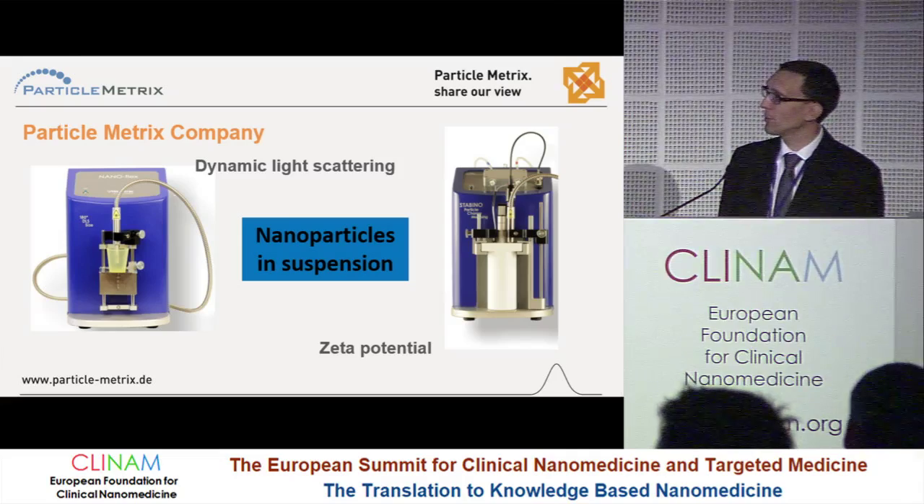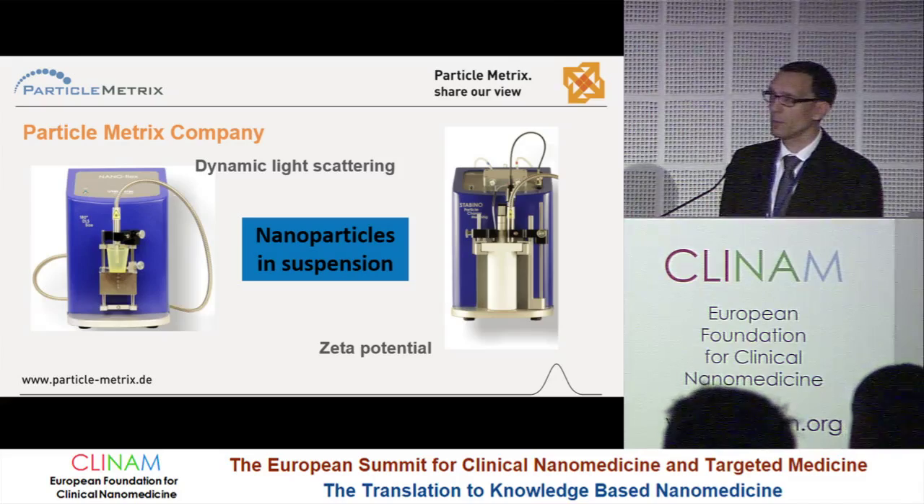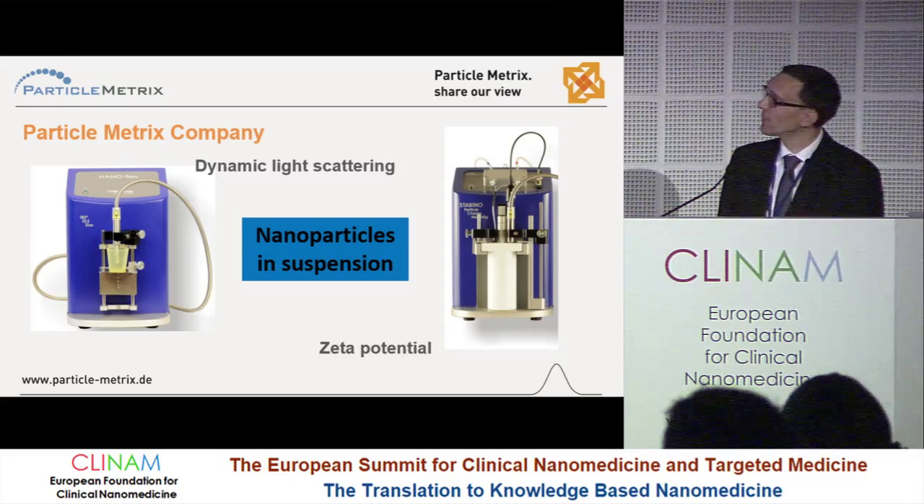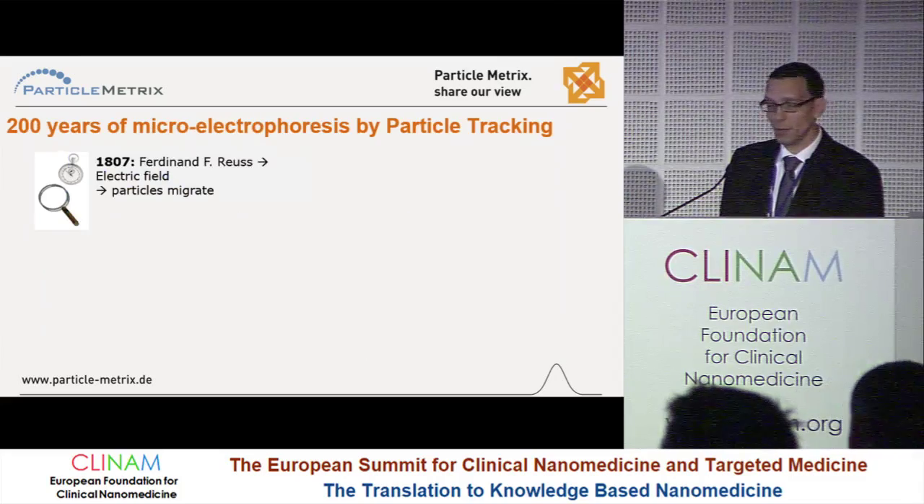So those instruments here are DLS and zeta potential measurements for the high concentration range. What I mean by high concentration, let's say up to 30% of weight concentration, but this also goes down to 0.001%. On the other hand, we are more known for the ZetaView instrument, and the microelectrophoresis technique actually is quite